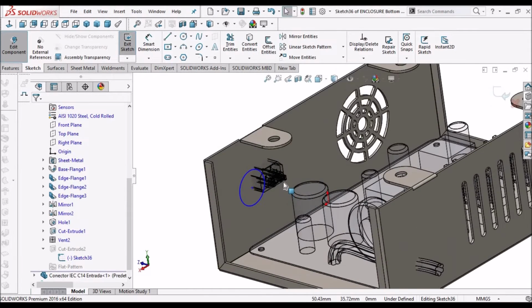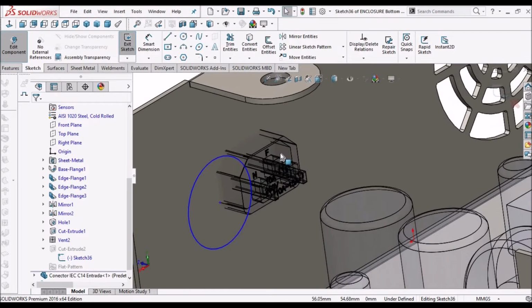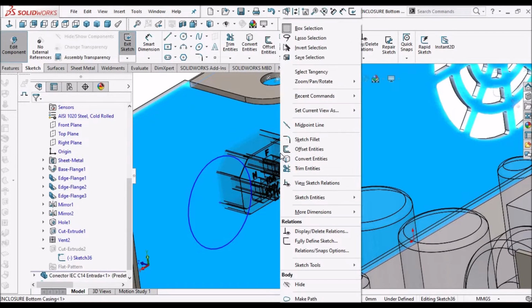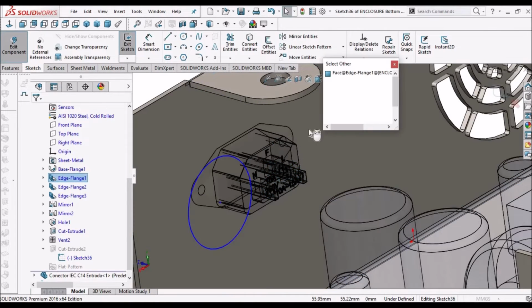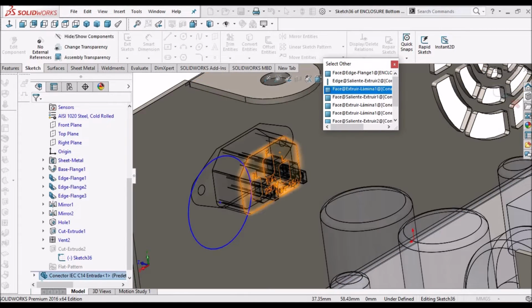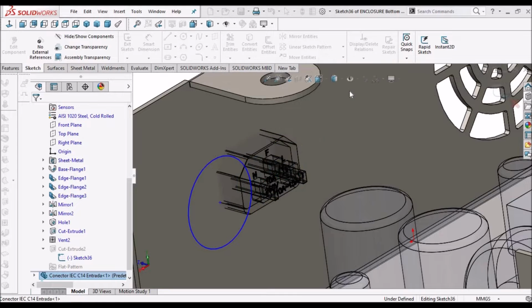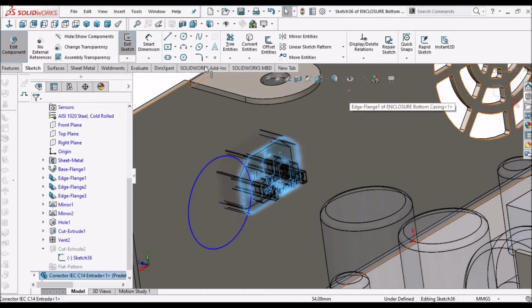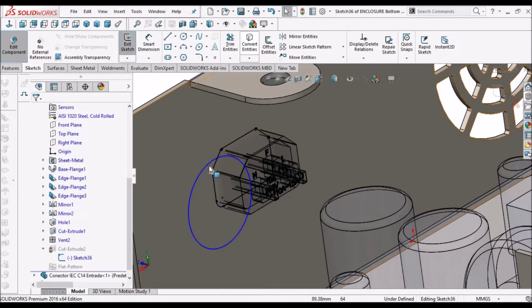So what we have to do is right click and select other. Here we can see this face is highlighted. Select this and simply go to convert entities. So it is converted. Delete this circle